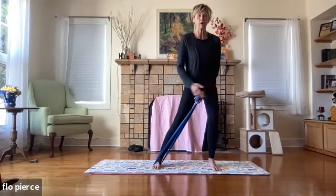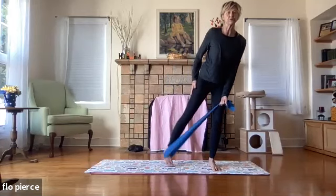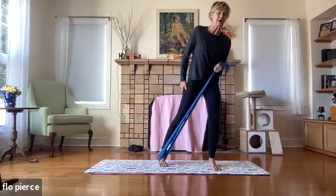So I'm feeling that quad and that glute already. I'm going to hold my right hand right here. I'm going to turn my left toes in and I'm going to lift a few times. 3, 2, and 1. I'm going to put the toe down and I'm going to either do a bicep curl